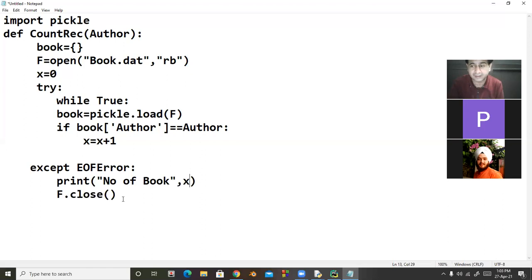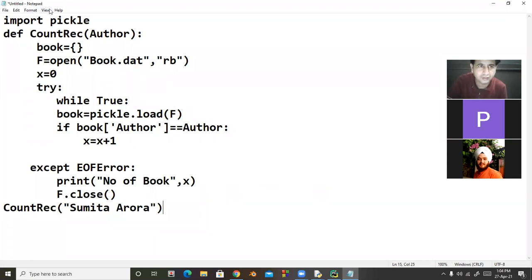But remember one thing, if we want to do this program practically, we will have to call the function, and after that we will have to send one parameter, that is the author name. Suppose I'm using here Sumita Arora. But remember one thing, the file must be there. In this case, I have created one book file, that is book.dat.